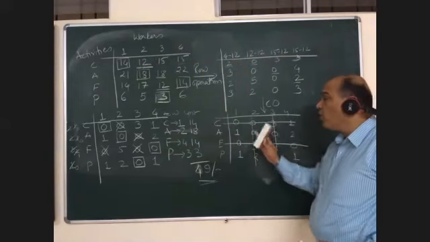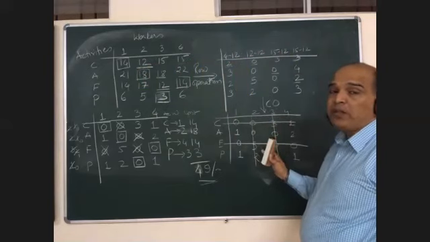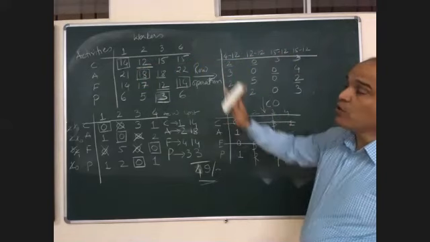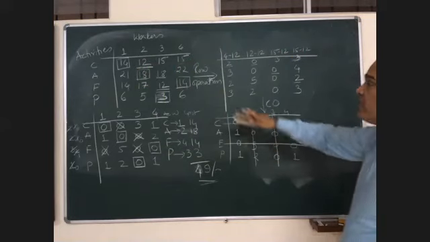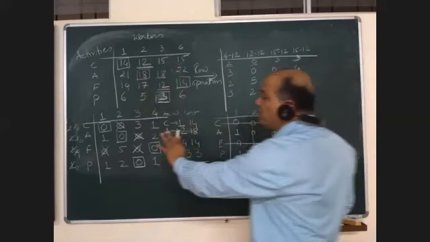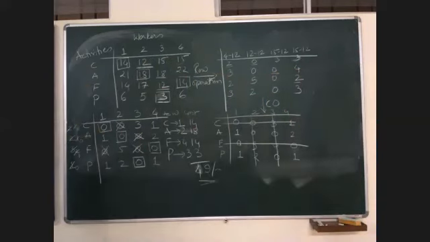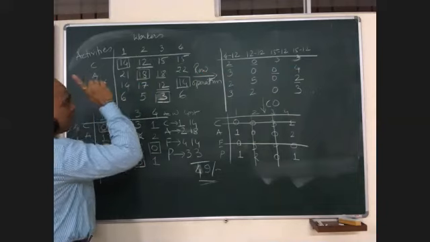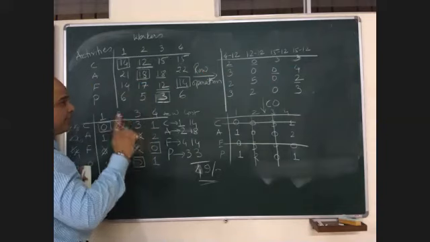We got 4 lines. Always the number of lines which we get in the final answer should be equal to number of rows and columns. We got 4 lines and we have 4 columns, 4 rows. That's why we got the solution. We started assigning. How we assign? We have written all the available zeros here. We started with minimum, assigned in the same column or in the same row, cut all the zeros. The logic behind doing this is one machine can be allotted to one worker. One student will get any one activity.